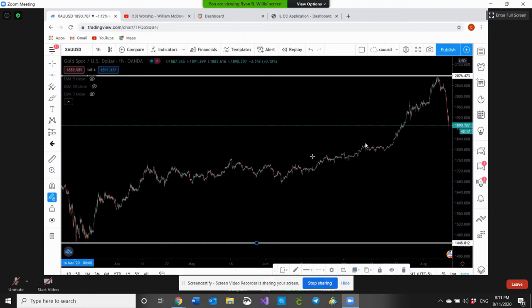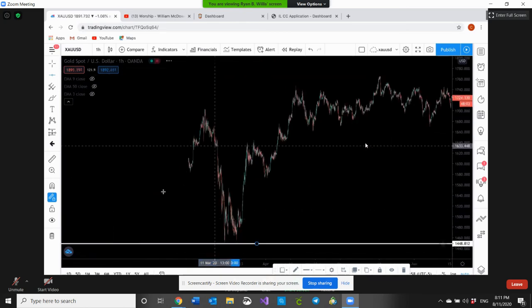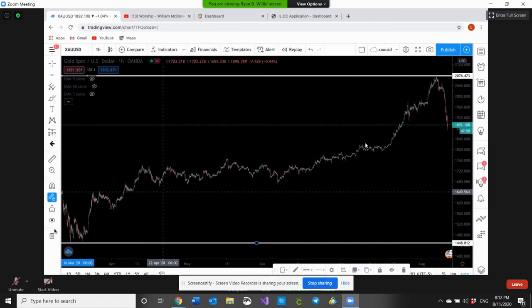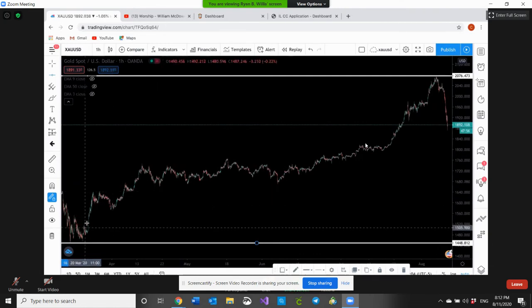So all you have to do, guys, is zoom out as far as you can on your computer and get your high and your low. The biggest thing is that you zoom out as far as you can and you mark your floor and you mark your ceiling. Okay. Now,